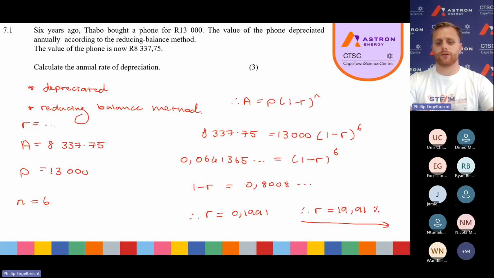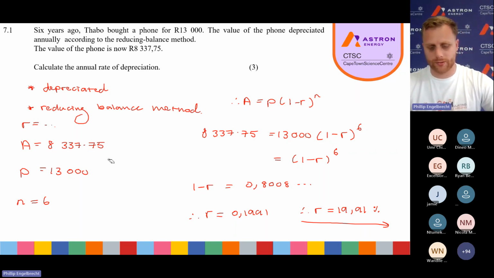8337.75 divided by 13,000. Sorry, I think I just added a 0 in here, but don't worry, everything else should be still correct. Let's just check. The 6th root of that is equal to, let's just see. Oops, I've made another mistake. I do apologize, guys. I did do this yesterday. So let's just, okay. So you get 8337.75 divided by 13,000, and you get